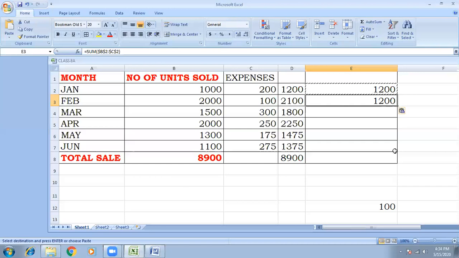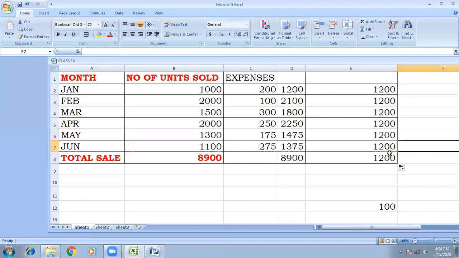I'm selecting and copying this. Every place you will get 1200. In a relative reference the formula is copied but the address is different every time. But here the address stays the same everywhere, which is why the answer is also the same. This is known as absolute reference.